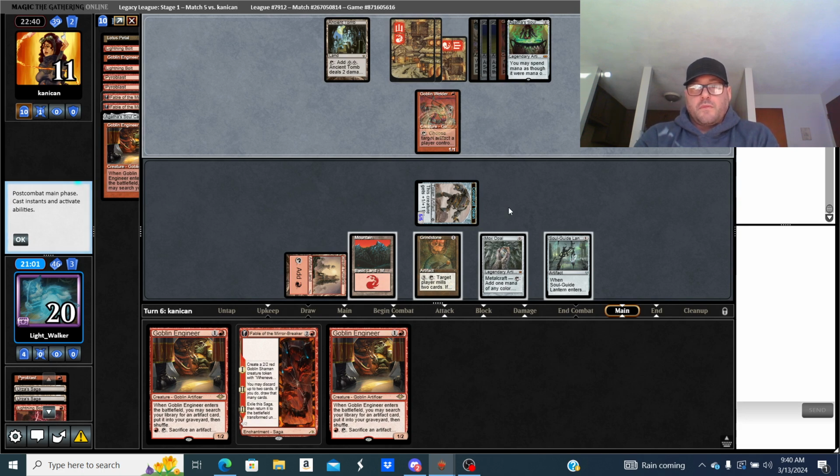Alternatively, if I draw Fury, it's really good here. I can draw into a Fury. I can draw into a Lightning Bolt. Looks like he has that creature he can go into, Engineer. You can weld into a...